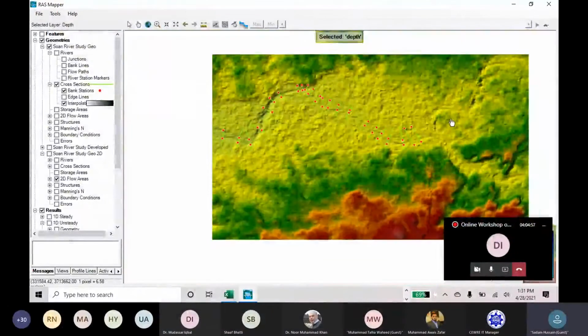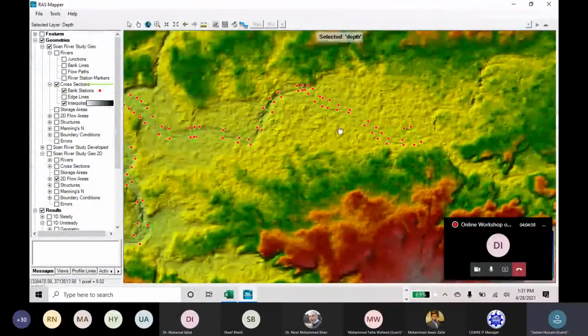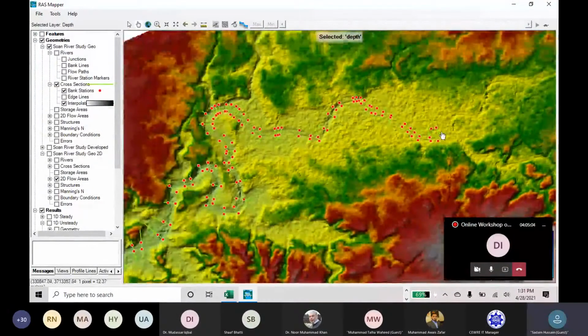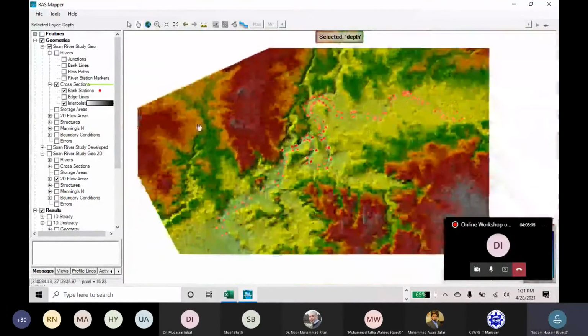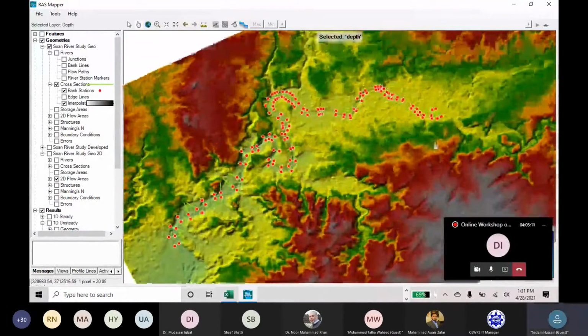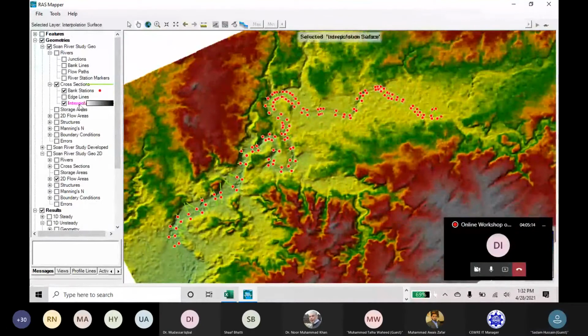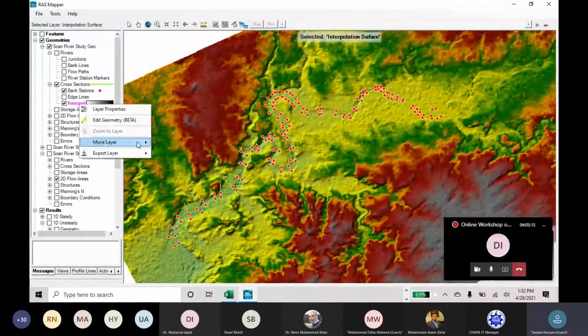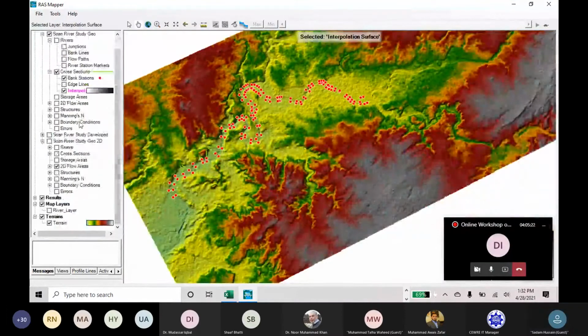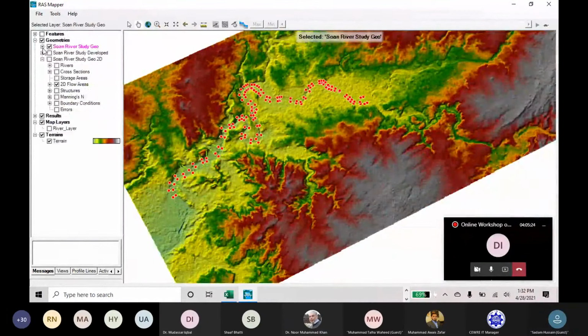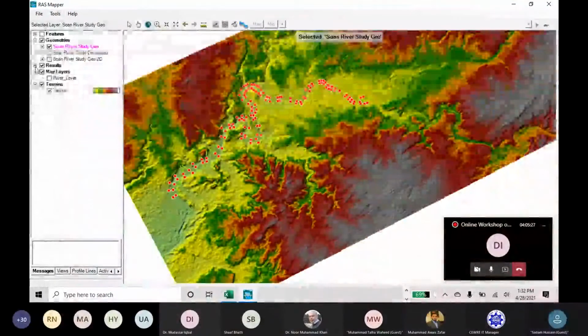So after interpolation, it can generate our digital elevation model between all cross sections, from one cross section to another, until it creates a digital elevation model which represents the actual survey of your cross sections. Then we can export the data in contour or in TIFF format. We have already provided the TIFF format of the interpolated cross section data, so for the time being, we will use that data.